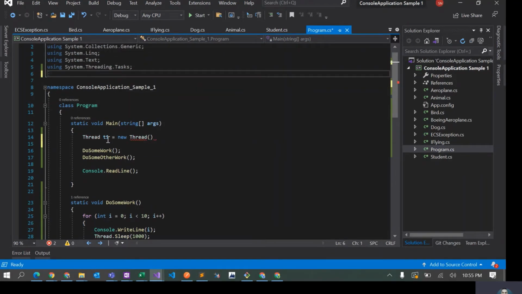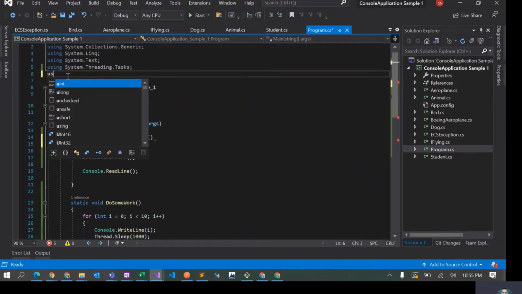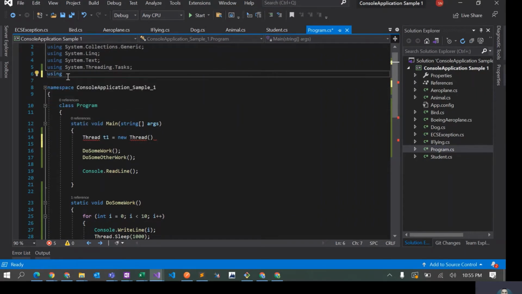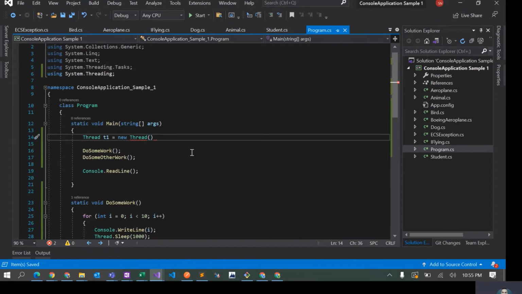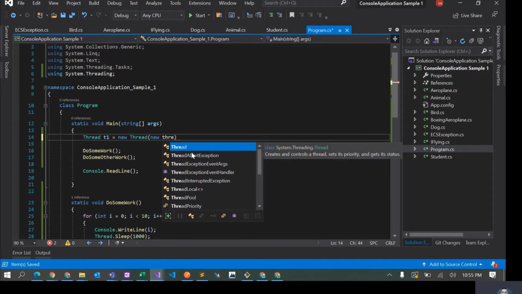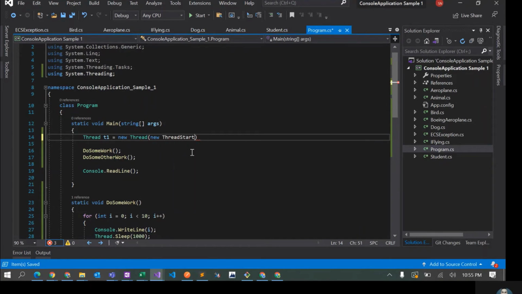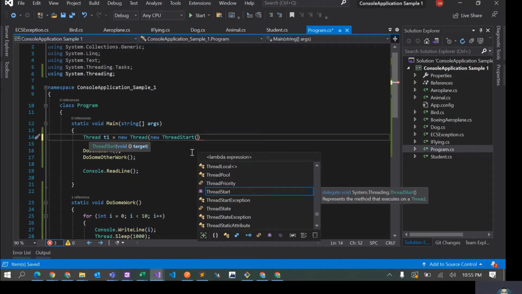If I remove this, it would give me a compile time error, right? So you have to include this namespace, using System.Threading. I create a new thread. Now, in order to create a new thread, you have to tell it, okay, if this thread is started, what method would you like to call on this particular thread? So I can say new, it takes in a parameter, an instance of ThreadStart, and then you can pass the name of the method. So in this particular scenario,